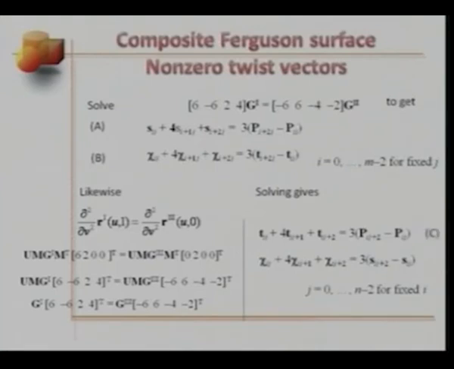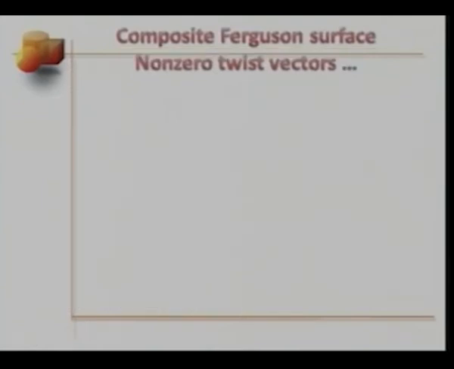Let's name them equations C and D. In summary, we have equation A, equation B for varying index i for fixed j, and then we have equation C, equation D for varying j and fixed i. Okay, so for given information,